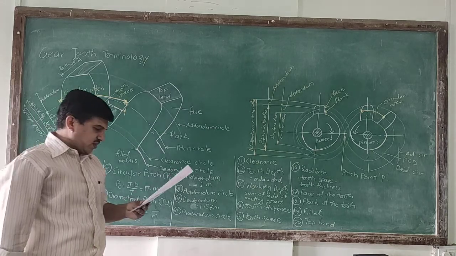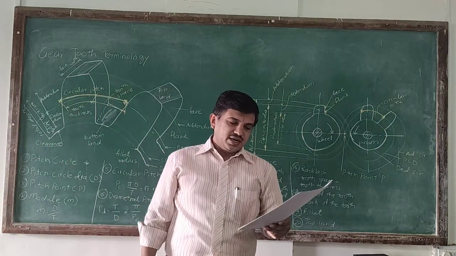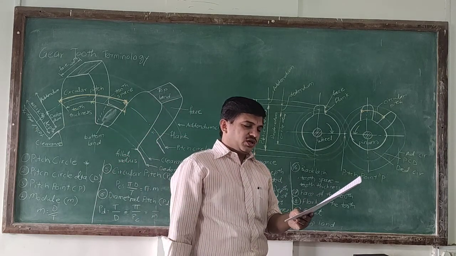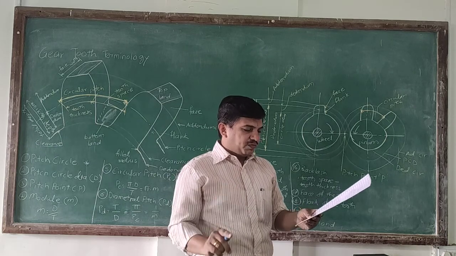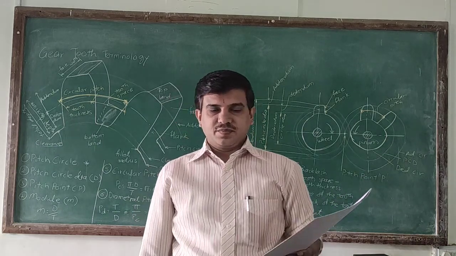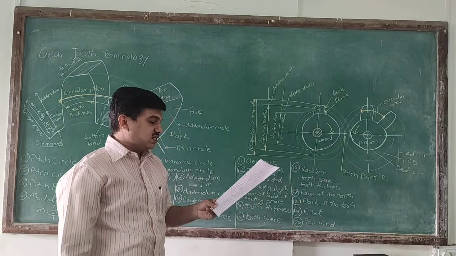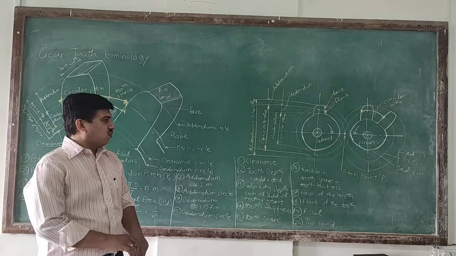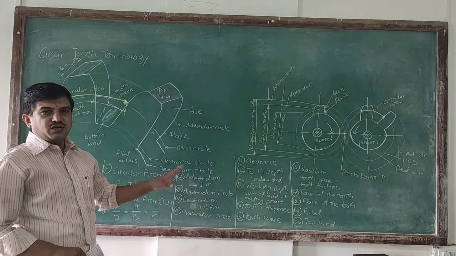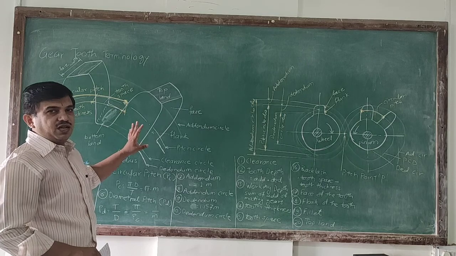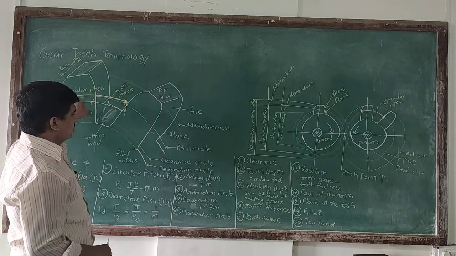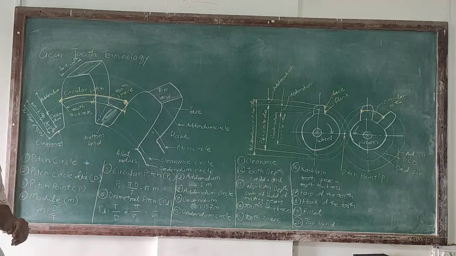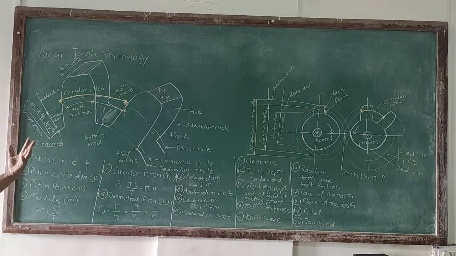Okay, so I am reading it again. It is an imaginary circle on a gear by which pure rolling action would transfer the same motion and power as the actual gear. Then it is the basis of measurement for all the parameters of the gear. Means whatever parameters we are going to measure for this gear will be based on this pitch circle. Considering this pitch circle as a base, other parameters will be defined or measured.